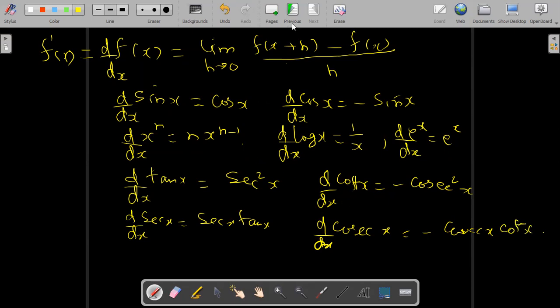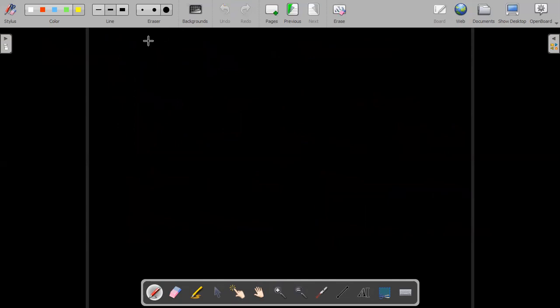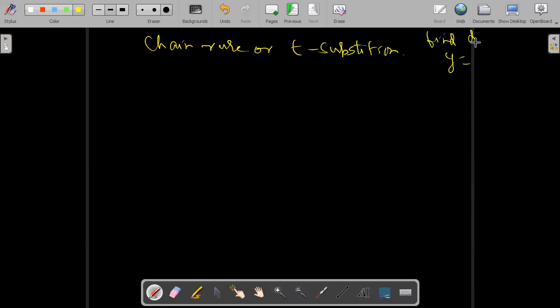Now our problem is, now we are going to do the t substitution, that is called chain rule or t substitution. Our problem comes, suppose we have given the standard form, suppose y is a function, find dy by dx, you have to find the derivative. If the question is y is equal to sin x plus e to the power x